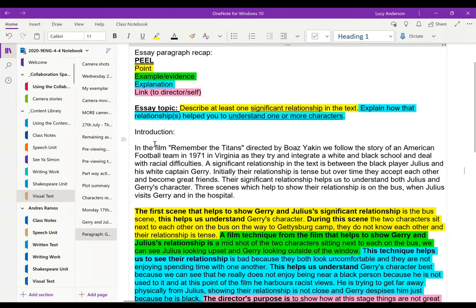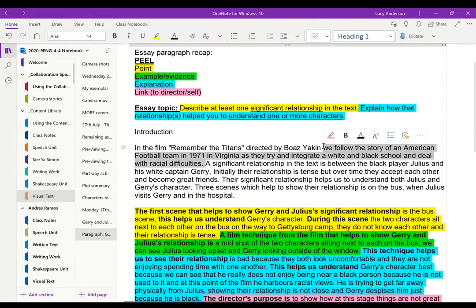So you've got your text type, which is a film or a visual text. You avoid calling it a movie simply because that is a little bit informal. Then you've got your film title. Then you've got who directed it. Okay, if we were doing a novel or a short story, we would talk about the author, but it's our director here. Then I've got the sentence here, which just describes the plot.